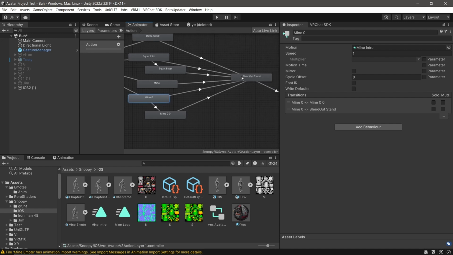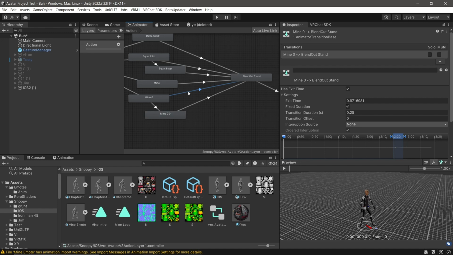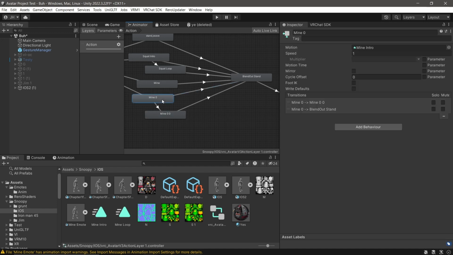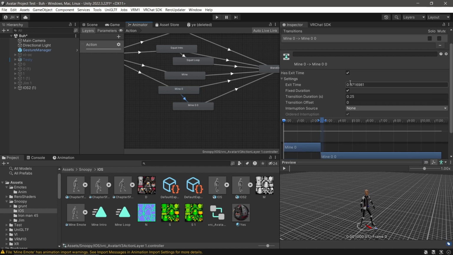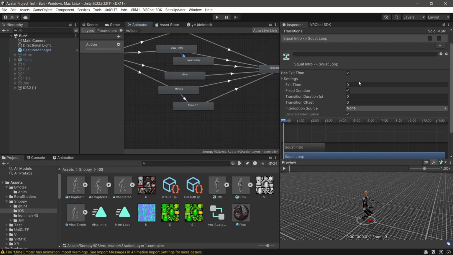And the reason I also made this connection here is because let's say we cancel the emote before it gets to this one. If you don't have this one right here, you'd have to wait for that entire animation to finish for it to then be canceled. So adding 2 connections basically makes it where you can just stop whenever you want, or not have to wait. But for here, we are going to have exit time on. I'm actually going to change this to like